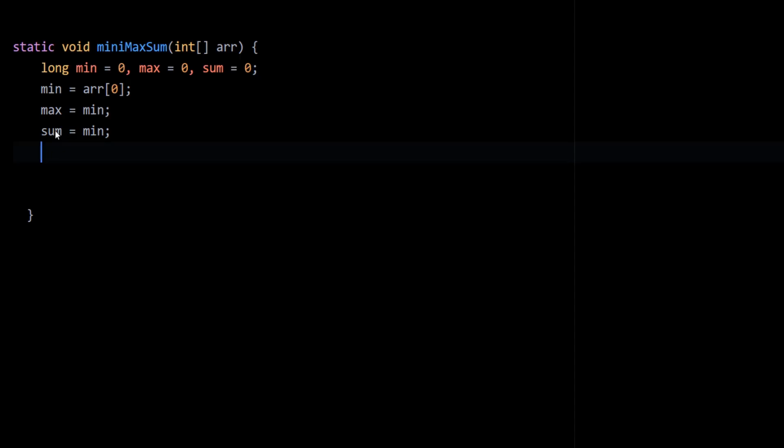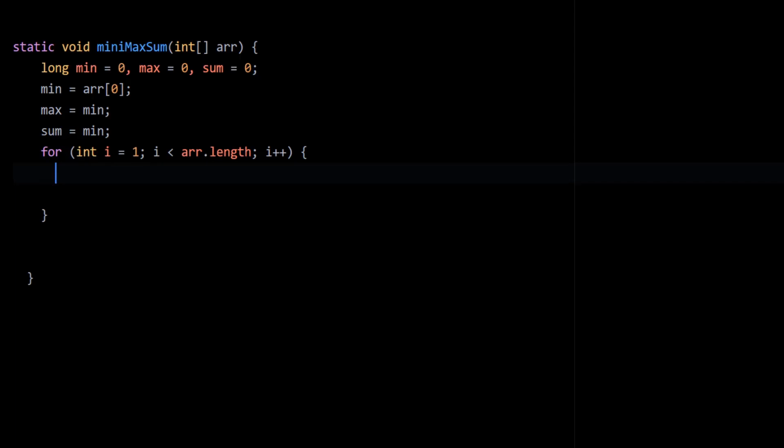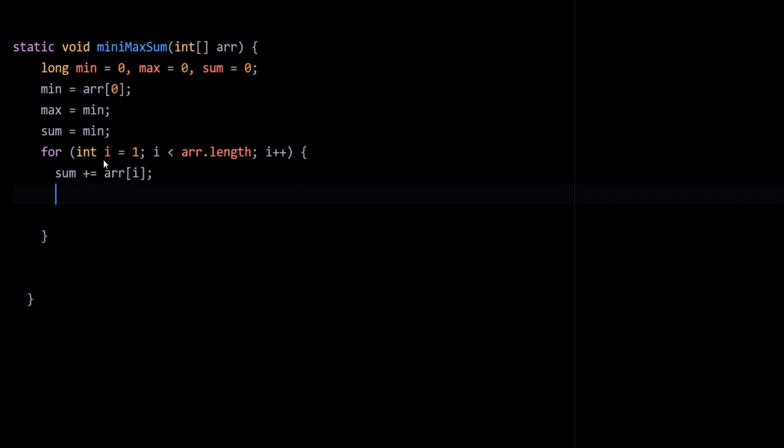Now we will have one for loop which will run from index 1 to array length minus 1. Why does it start from 1? Because we have already assigned the first element, so it has to start from the next element. And then we are going to calculate the overall sum in the sum variable,